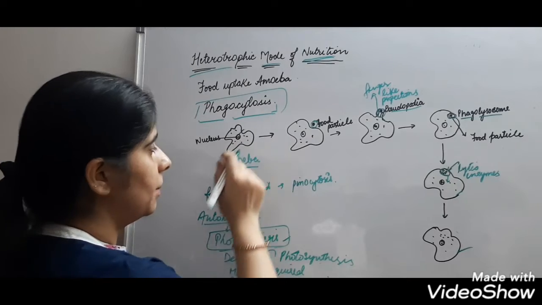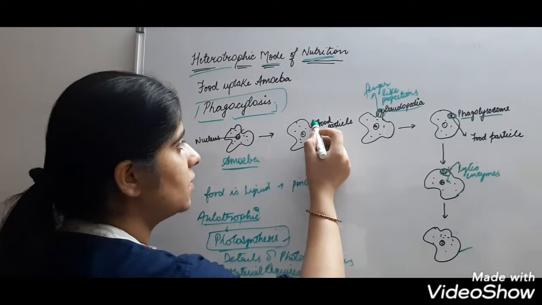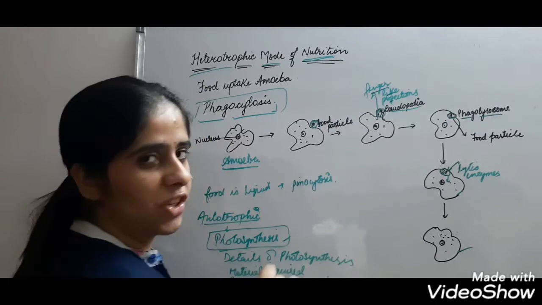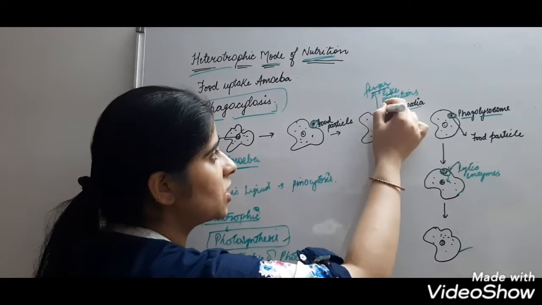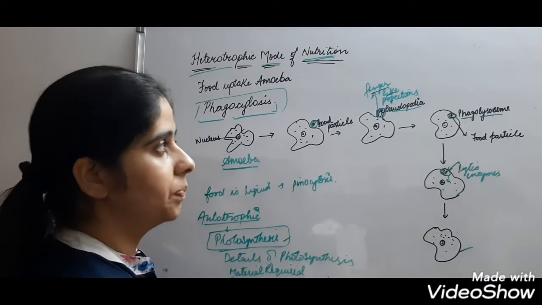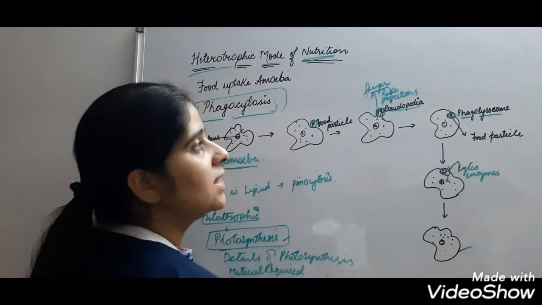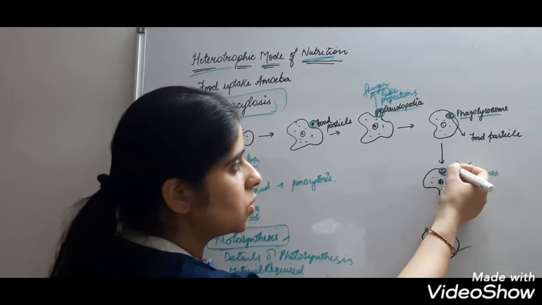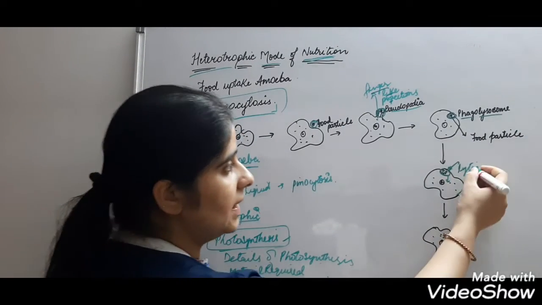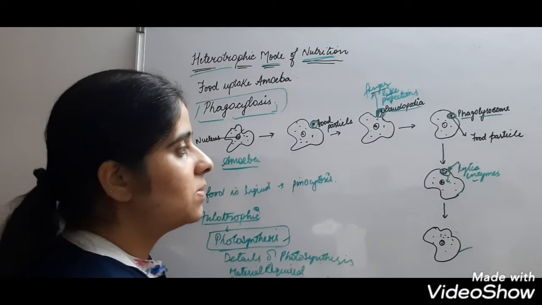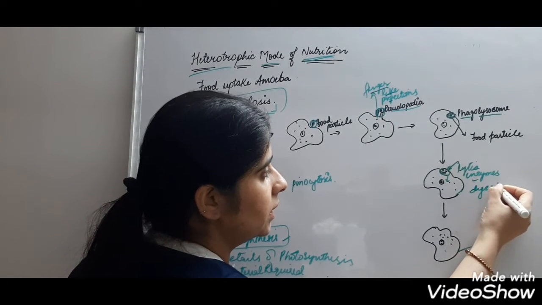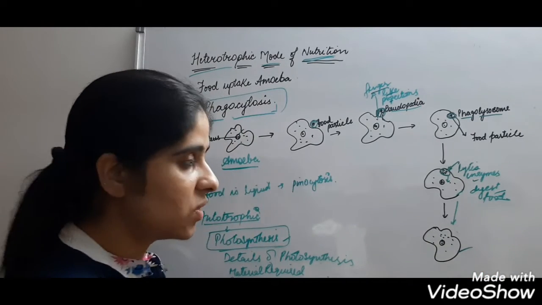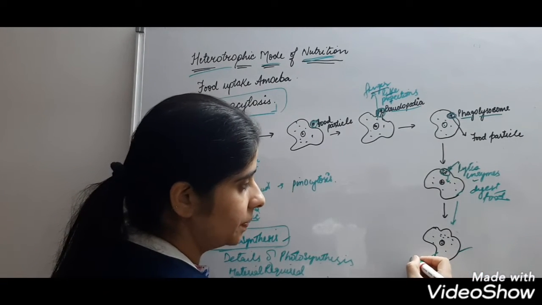What happens? This is an amoeba cell. When the food particle is within reach of the amoeba cell, it forms finger-like projections. These finger-like projections trap the food particle into a vessel. This vessel is known as a phagolysosome. In this phagolysosome, lytic enzymes are released. These lytic enzymes digest the food, and then the food is dissolved in the cytoplasm.